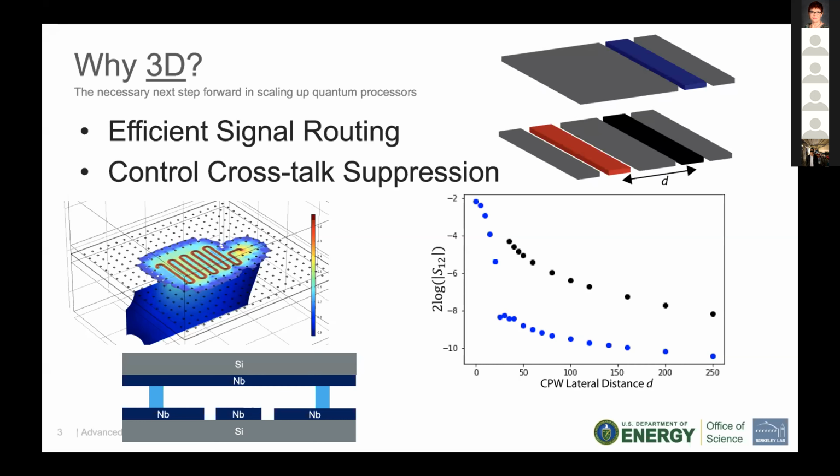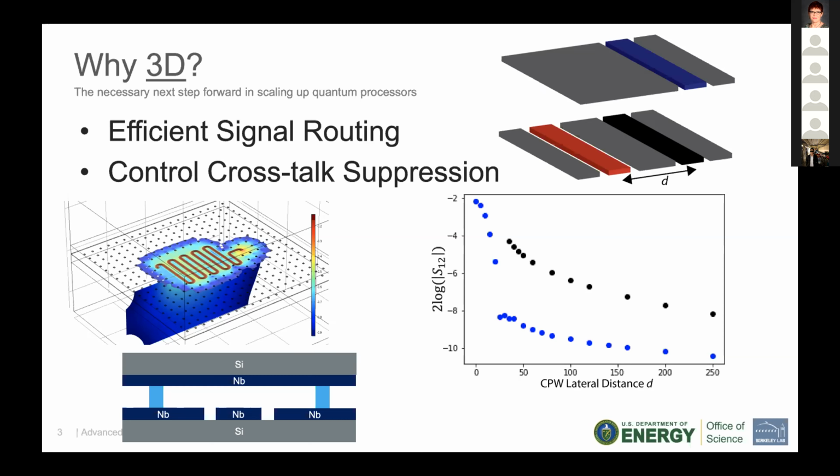So we numerically inject the signals into this red trace, and I want to measure numerically the crosstalk amplitude and signal amplitude you can get from the blue trace and from the black trace at a variety of distances. And we plot out the simulated results in the lower right in this figure. You can see that, of course, the crosstalk amplitude, both of them scale down with the distance, but you can notice that over a larger range of distance, the blue trace has orders of magnitude smaller crosstalk compared to the